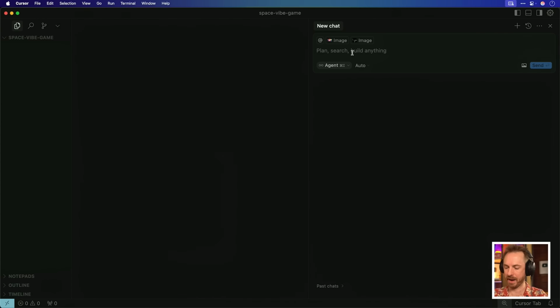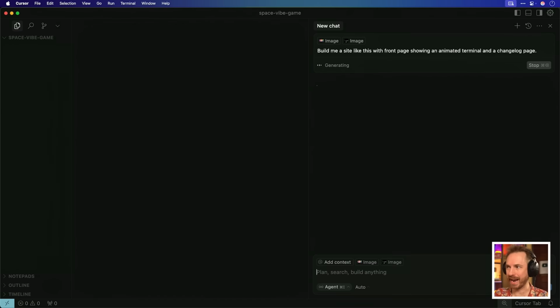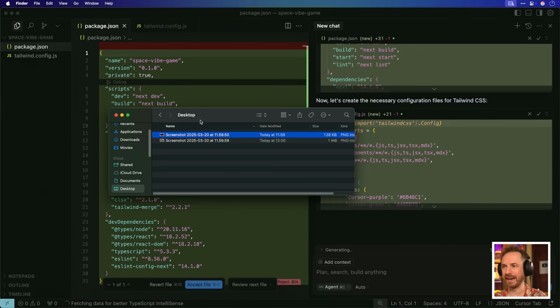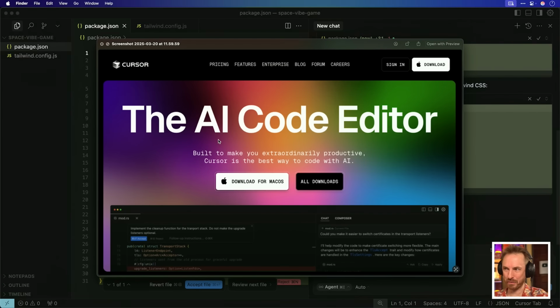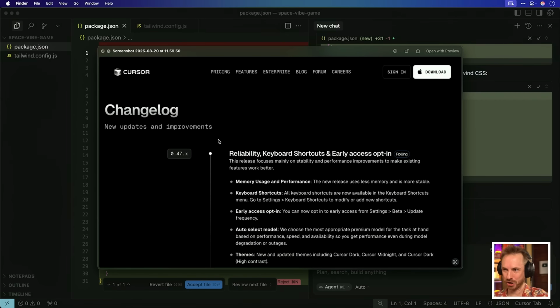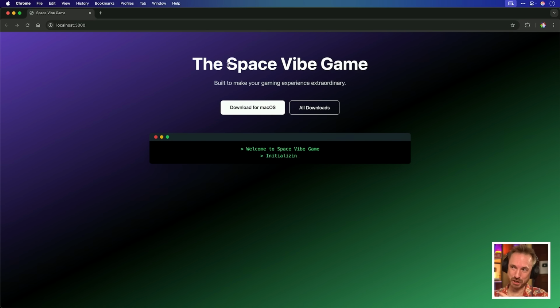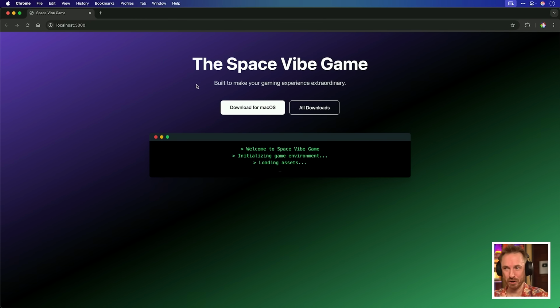Now I've got 2 there and I'm like, build me a site like this with front page showing an animated terminal. Now, while that's working away and coding for me in the background, you'll see the images I uploaded, actually a screenshot of the Cursor editor and the Cursor changelog. Oh man, that's cool. Now, it's seen the project is called Space Vibe Game, so it's actually cloned the look of the Cursor website and made this awesome terminal ready to launch, which actually brings me neatly on to designing my space game using a Blender MCP